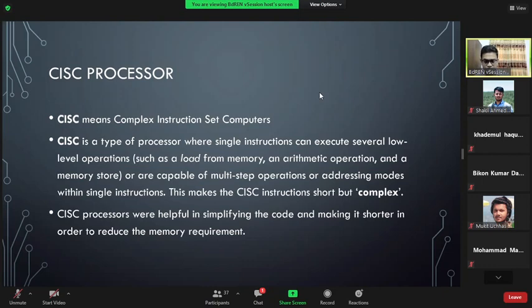Not everything has shifted, but they are still producing processors related to CISC for the computer. But many of the processors, as far as I know, they are trying to shift to the RISC type of processor, which you are going to use in our laptop or PC very soon. All right, so that is a little bit of a contradiction.